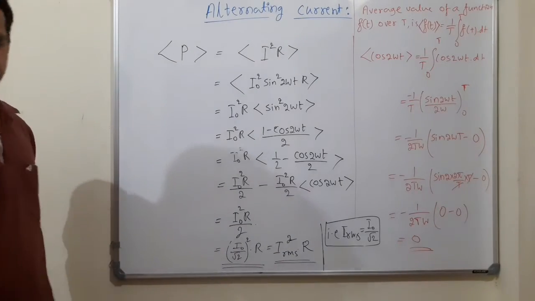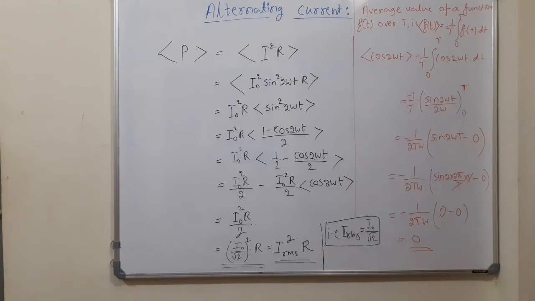You can just look at it. Here IRMS is nothing but the quantity of DC that would produce the same amount of power dissipation as that of AC. That is, IRMS is nothing but the quantity of DC that would produce power dissipation as that of AC. Okay, it is just equivalent. I will write the relation also now.